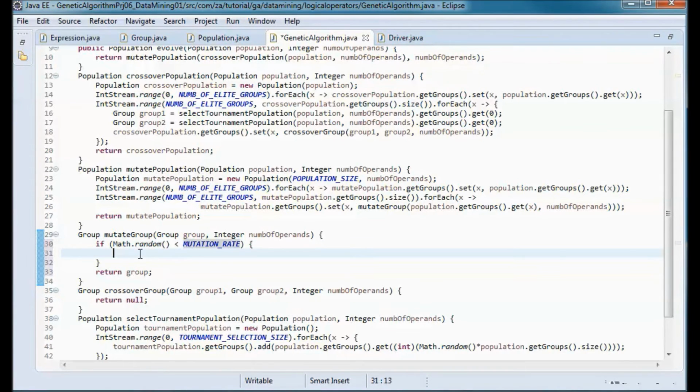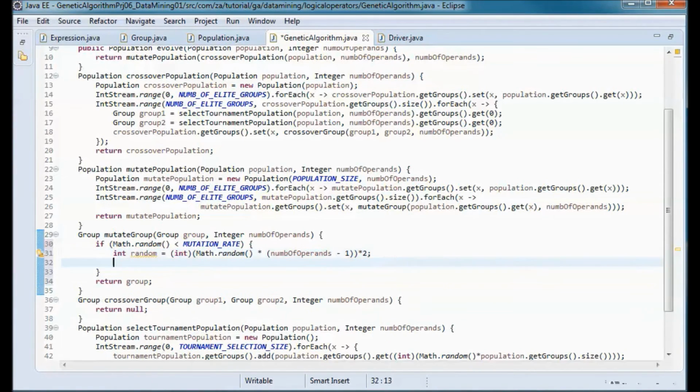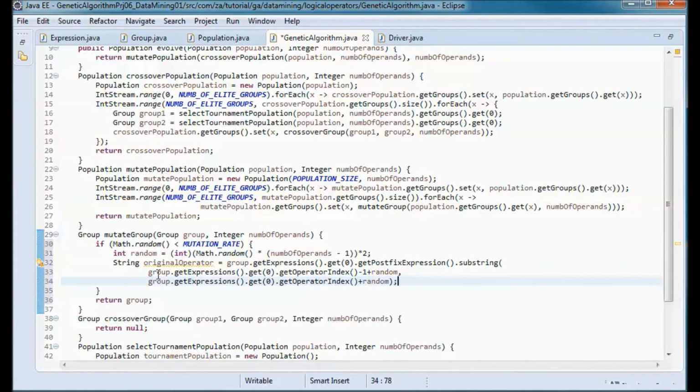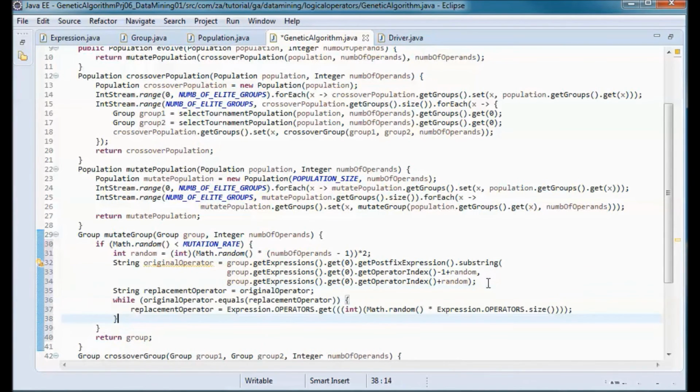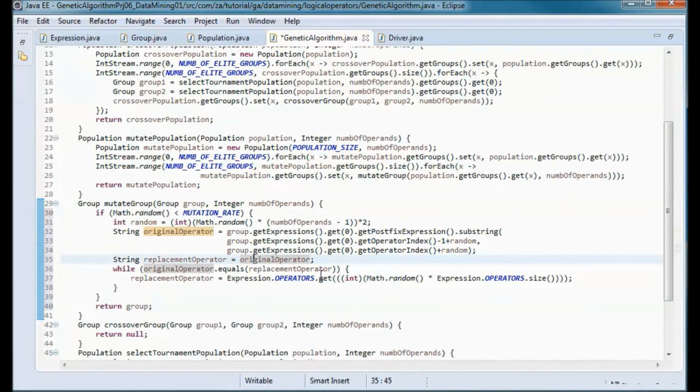And here we will randomly pick up an operator to be mutated, and this will define its position, and this will be the original operator. And I will make sure that the replacement operator is different than the original operator.